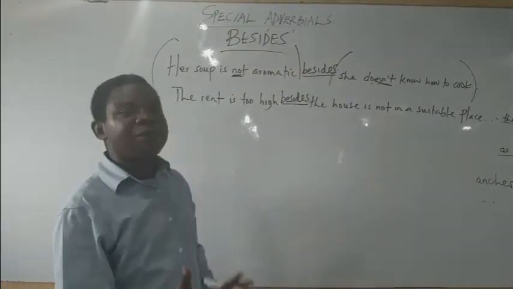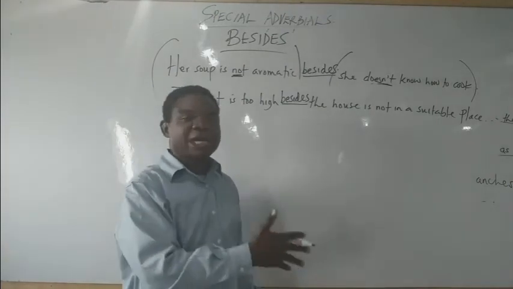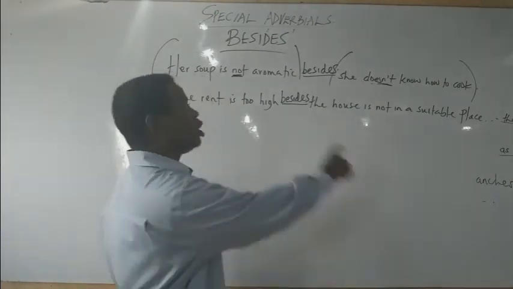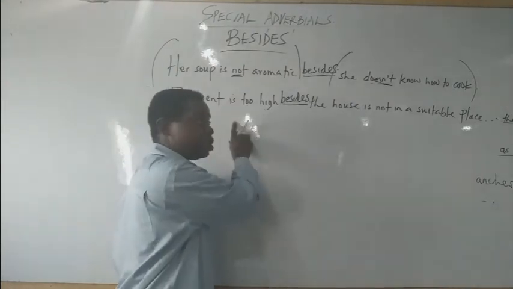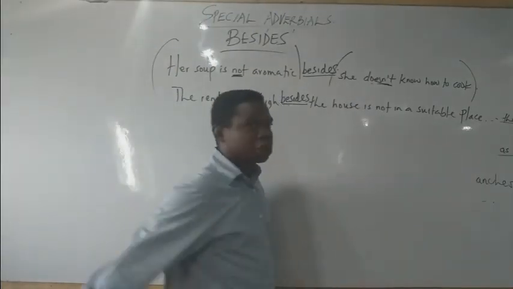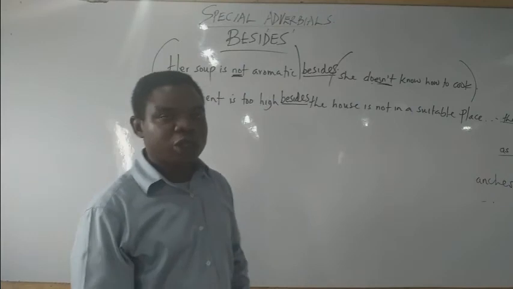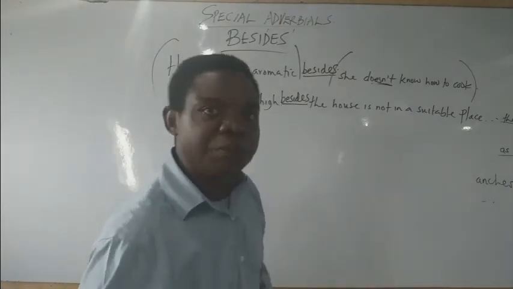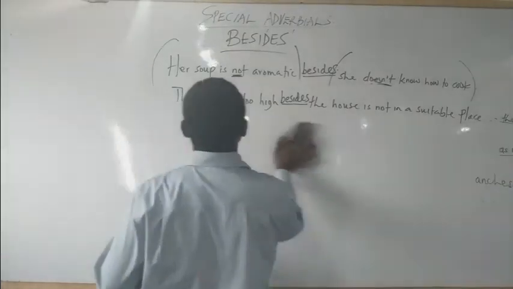So we can make an inference from that that the speaker will not want that particular apartment, because one, if the rent is too high, you cannot afford it. Then two, the house is not in a good location. So that is the usage of besides as an adverb. Now, another one,